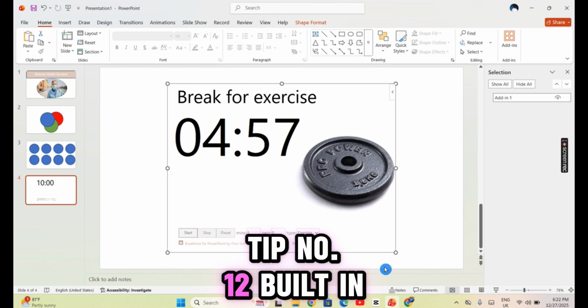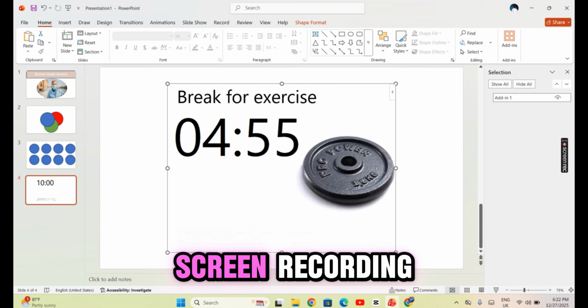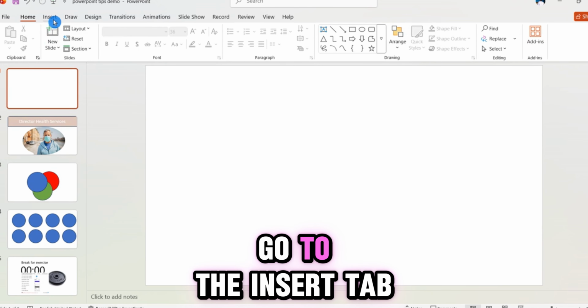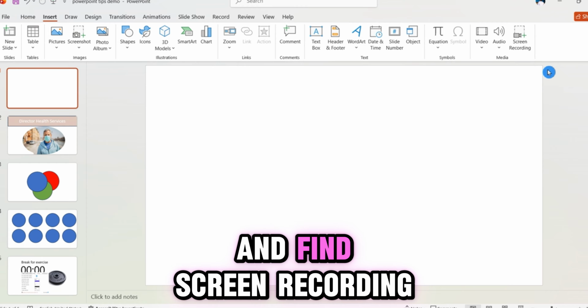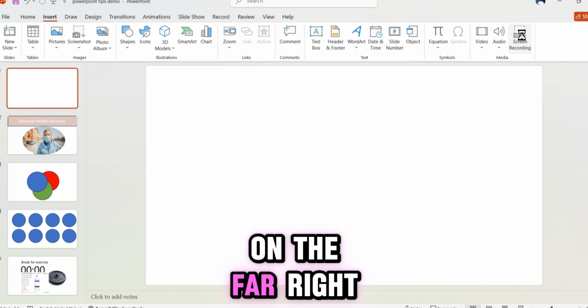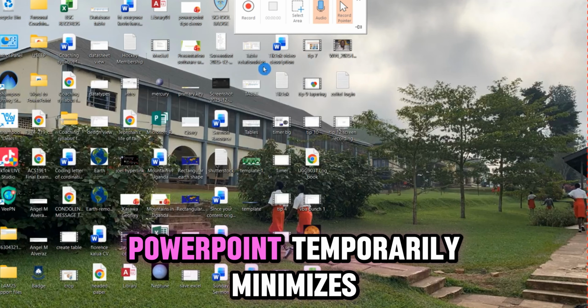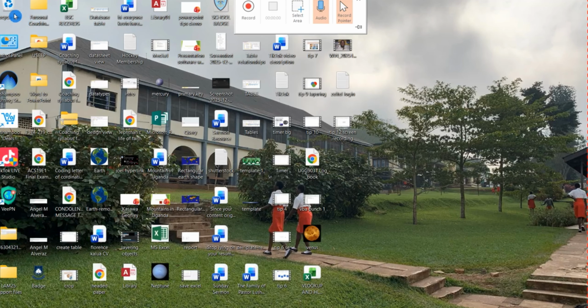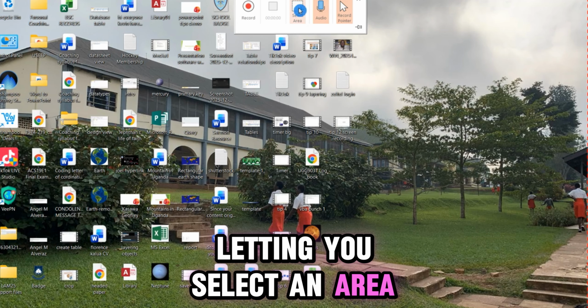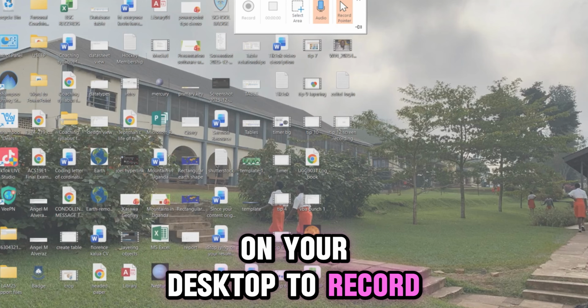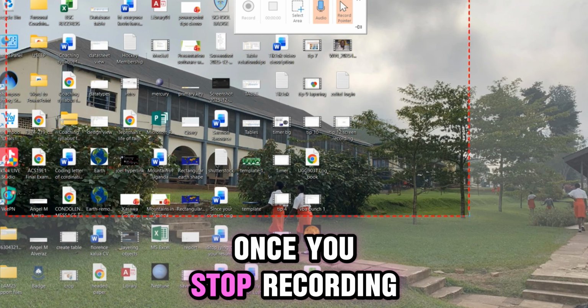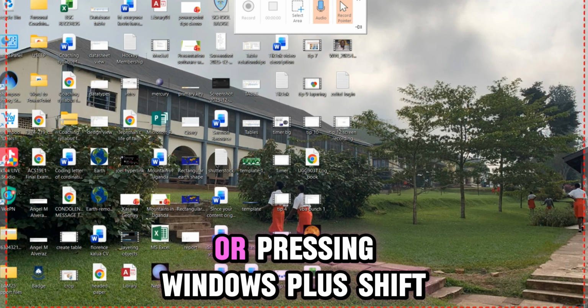Tip number 12, built-in screen recording. Go to the Insert tab and find Screen Recording on the far right. PowerPoint temporarily minimizes, letting you select an area on your desktop to record. Once you stop recording, or